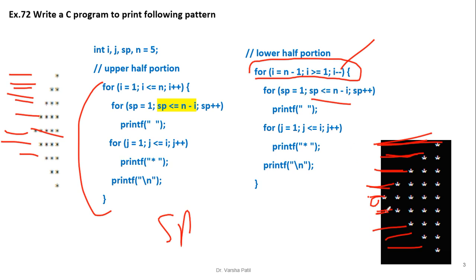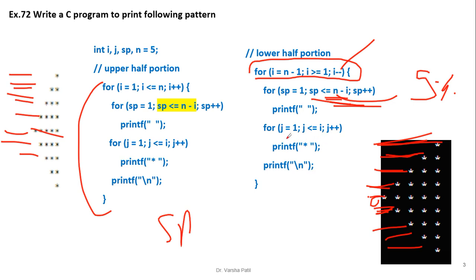Now see, we require to print the space only 1 time. Now n minus i: n is 5 because that is a constant, and now i becomes n minus 1. n is 5, 5 minus 1 is 4, so 5 minus 4 equals 1, so 1 space it will print. Next time it will print 2 spaces, 3 spaces and 4 spaces, and after that we are printing up